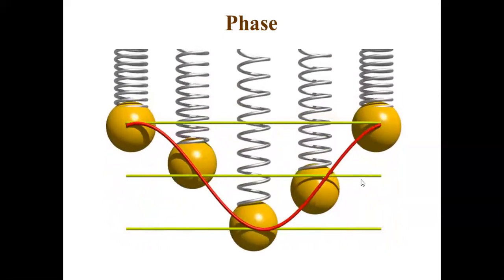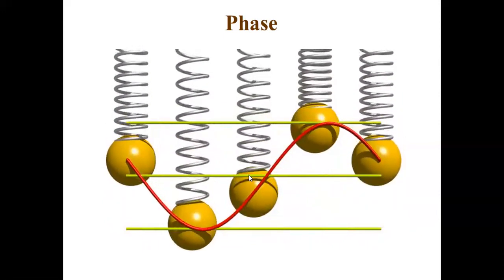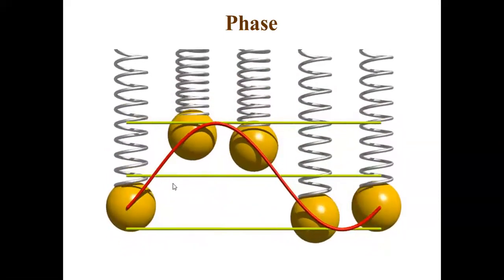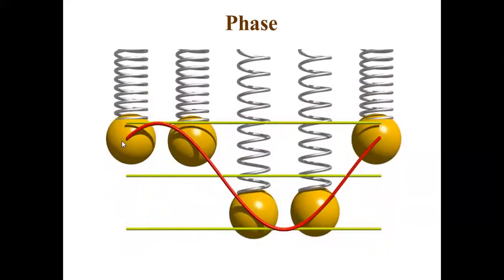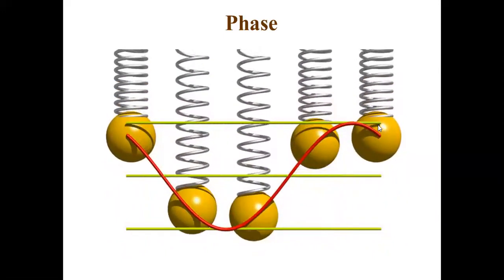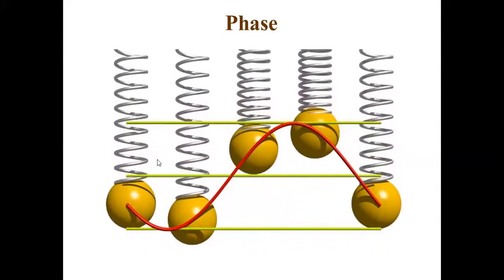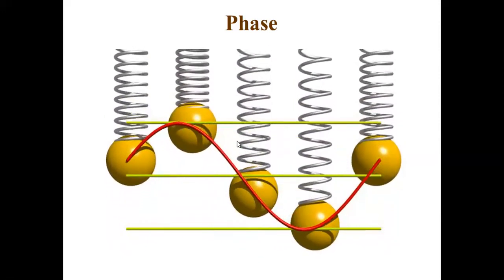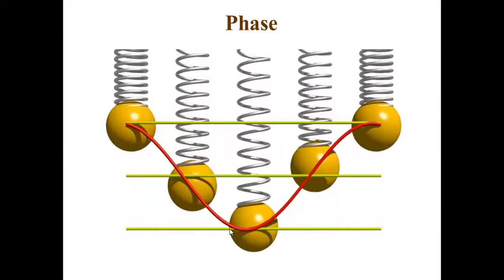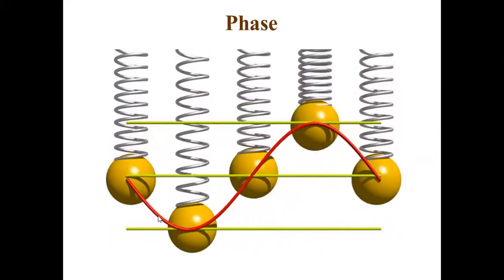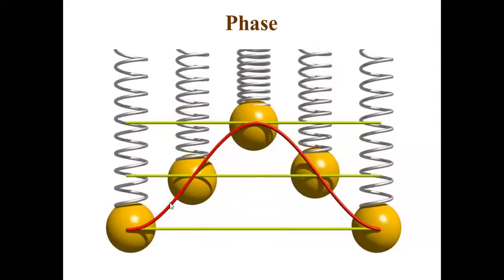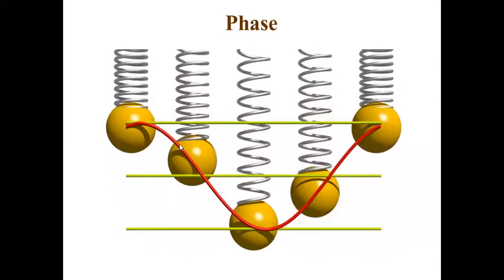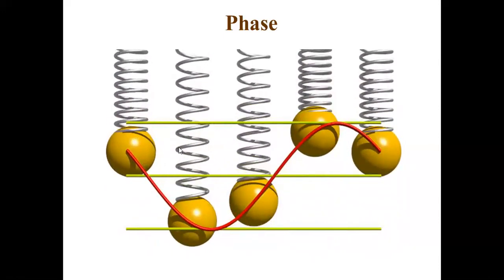What do you mean by path difference? Here I can define path difference like that: the distance at which the two particles are situated. So lambda distance, 2 pi phase difference. Lambda by 2 distance, pi phase difference. Lambda by 4, phase difference pi by 2. That is phase difference. Path difference, lambda by 4. Phase difference, pi by 2. That's how we can define it.